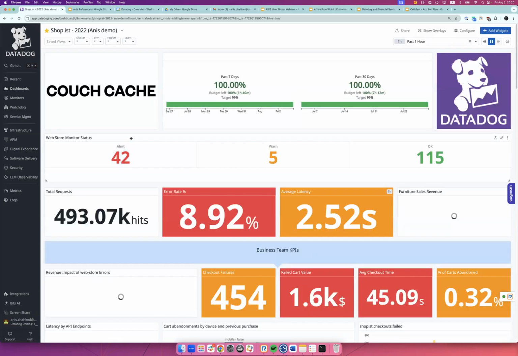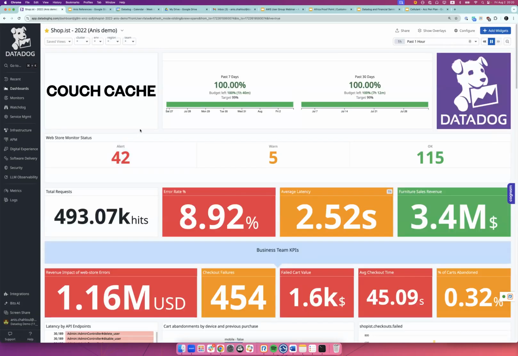So what I'm sharing here is a dashboard. It's an e-commerce application that I have in the backend. Datadog, again, is a full stack observability and security platform. We cover a lot of use cases. I will walk you through key ones that we see a lot. And if you have any questions, I'll try to get you the answer. Of course, if I don't have the answer, I will reach out with it afterwards.